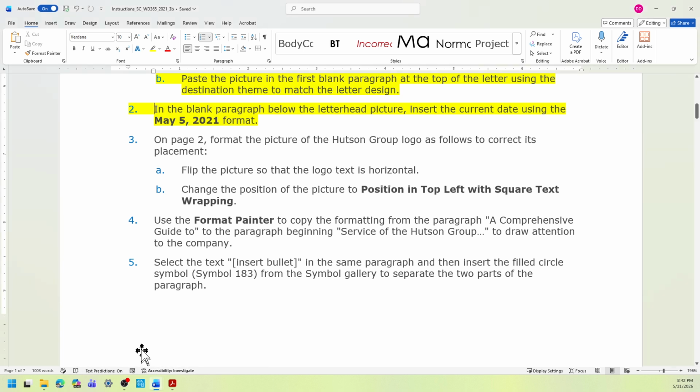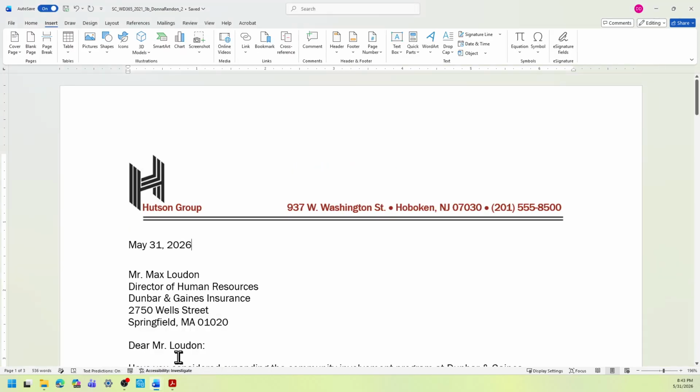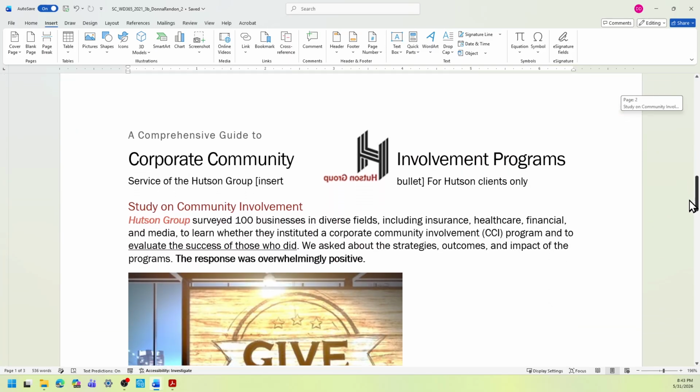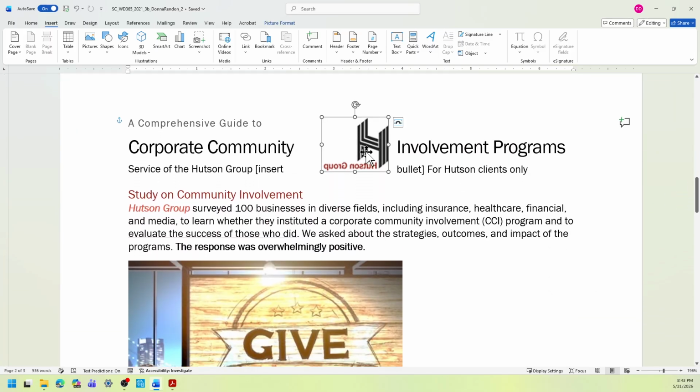So that's step 2. On page 2, format the picture of the Hudson Group logo as follows to correct the placement. A. Flip the picture so that the logo text is horizontal. So let's do that first. So go to page 2. So as you can see, this is flipped. So select that picture logo, and then this picture format now shows up.